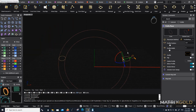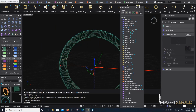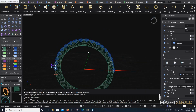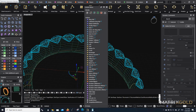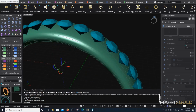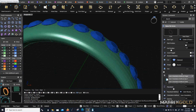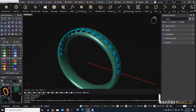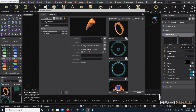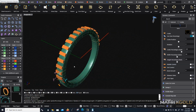mirror this, sweep, close that, add my gems on curve, and then if I want to add, let's see, prongs or pave, so I'm not going to do any cutting, but just to show you, if I load in a few cutters here,